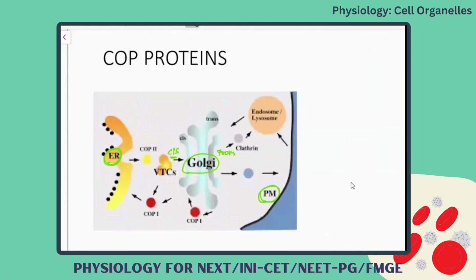So you have the COP proteins. You have two types of COP proteins, COP1 and COP2. Okay, and along with this, you will also study about the clathrin. Why we are dealing with COP1, COP2 and clathrin is that those substances which are produced in the endoplasmic reticulum are transferred to the Golgi apparatus by the protein called COP2. So this is involved in anterograde